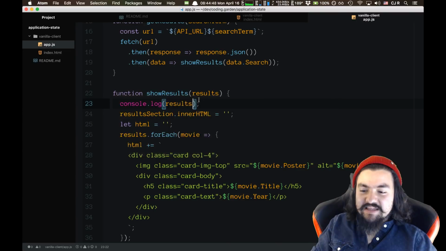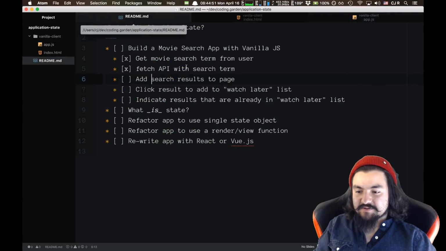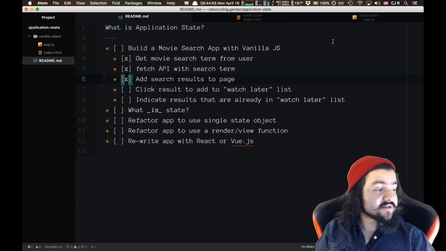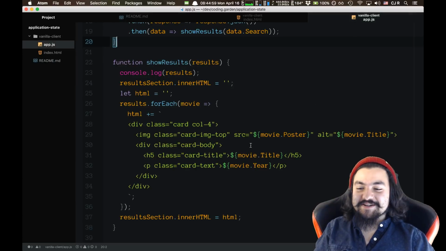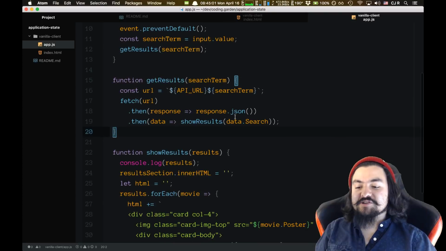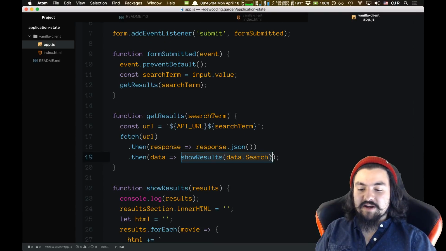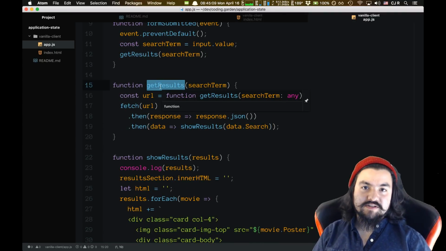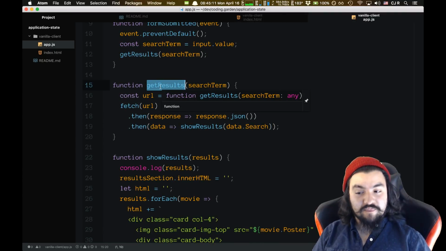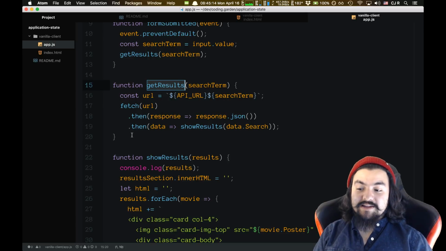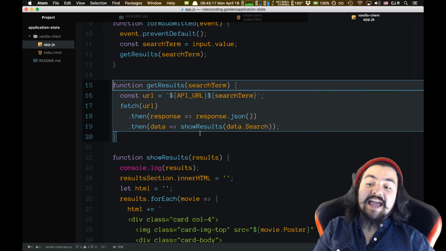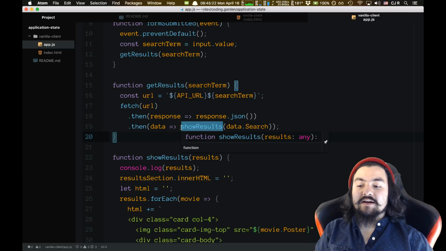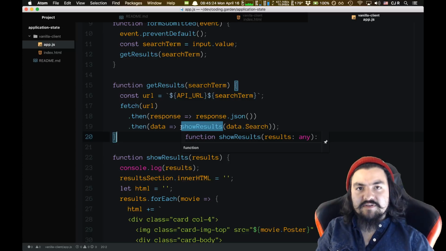Sweet. Let's see how we're doing in our to-do list. Add search results. Click to add to watch later. Before they do that, I'm going to refactor this. So one thing I mentioned is instead of calling show results right here, we should call it somewhere else. Now the main idea is this function get results should do only one thing. It should only get the results. But if we look at this, it's getting the results and showing the results. So I want to make it so that I don't have to call